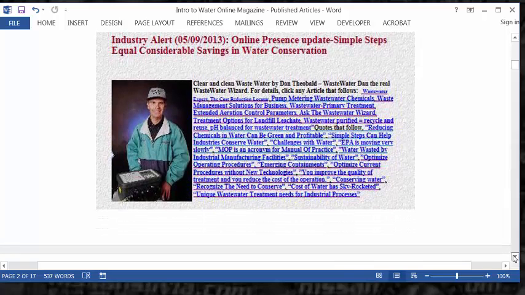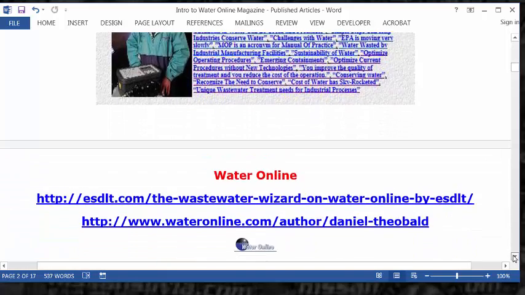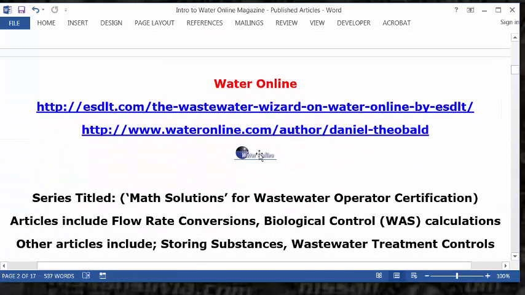All these links, some picture of me. And on that web page right below that, you should see a bunch of icons, of which this would be one of the icons that you should see. So that's actually taking you to this ESDLT web page that you see right above that. So that's got all 14 of the articles linked from that page, and so that's the page I'll be using to work from as I